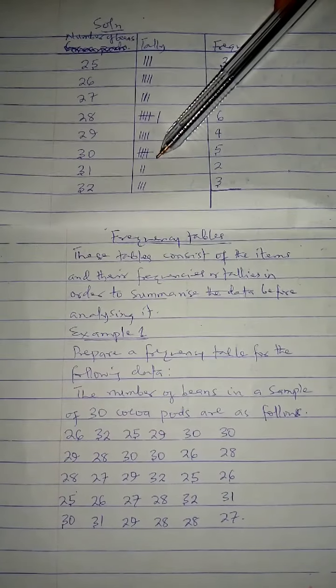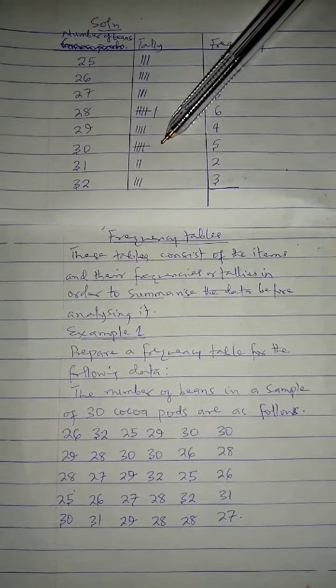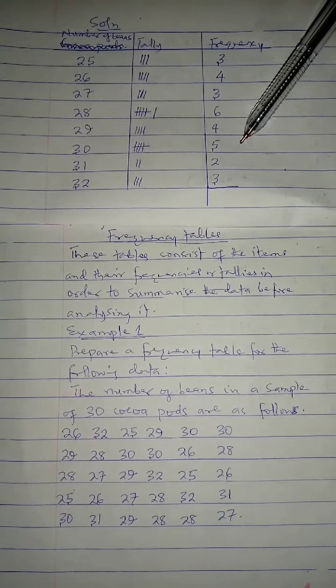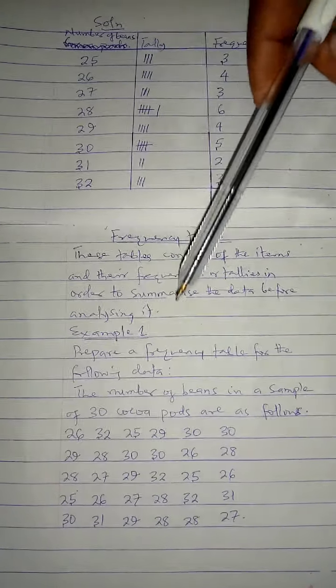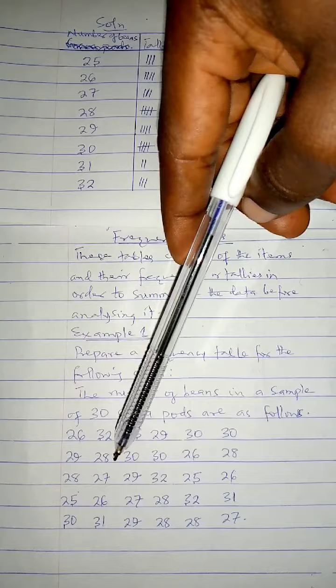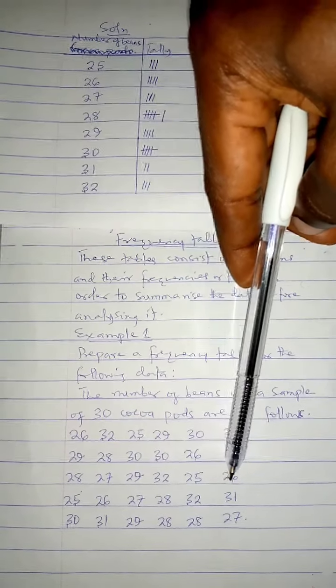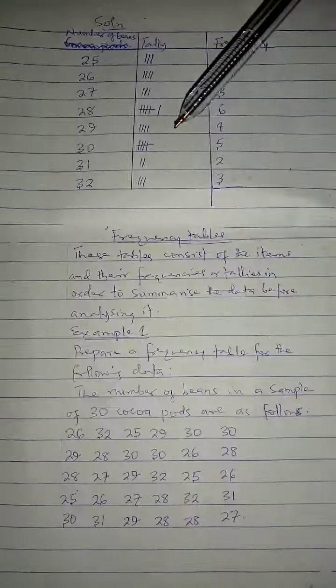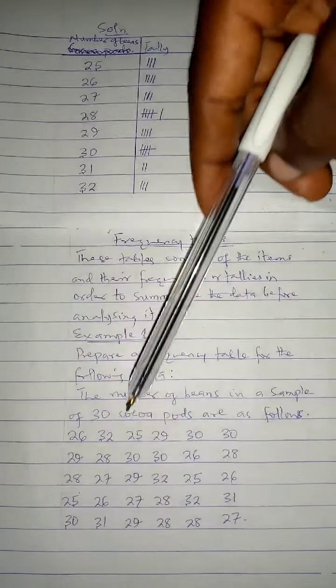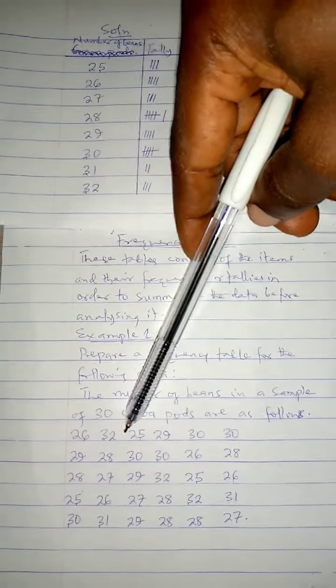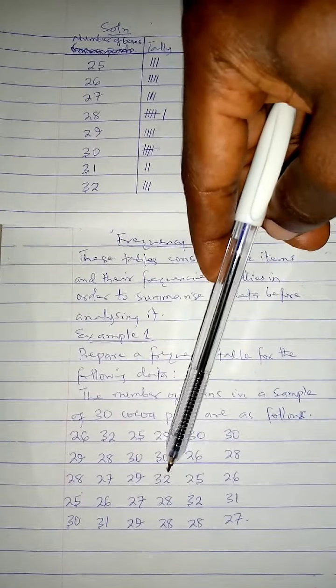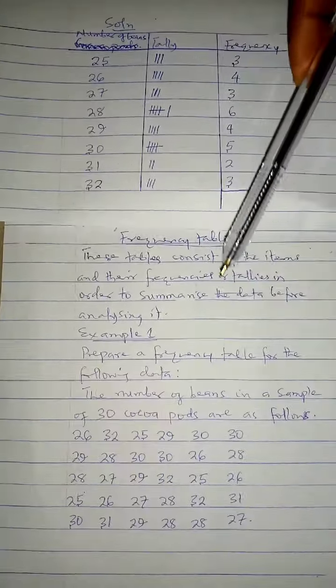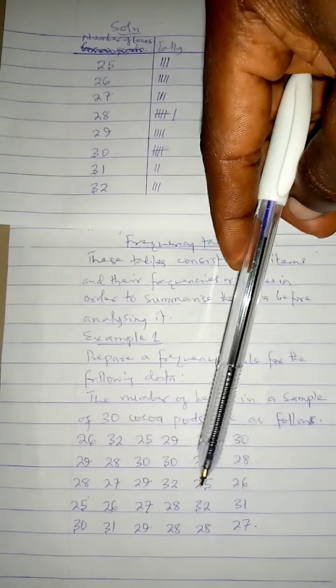That's why you have these 4 strokes, the fifth one, draw it across to represent the number 5. For 31, we have 1, 2. For 32, we have 1, 2, and